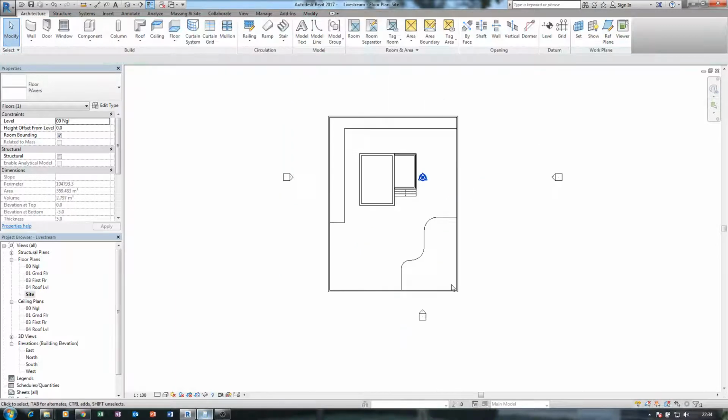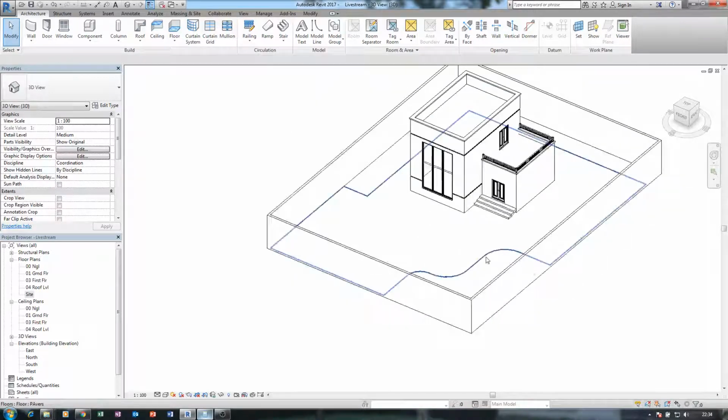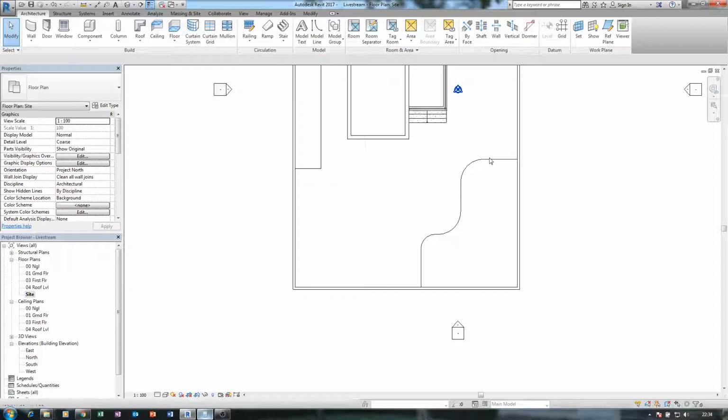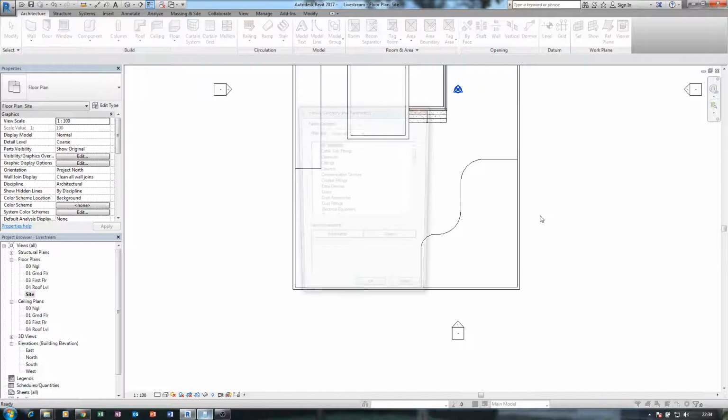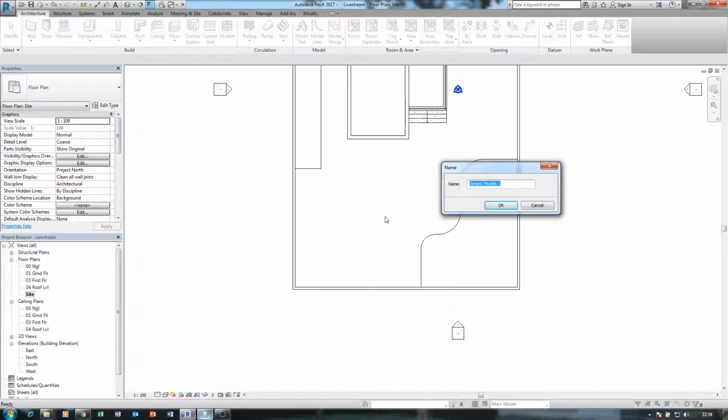Finish. So we have the landscape created. For the curb, okay, so I'm going to create a curb around there. So what I do depends on whatever I think I want to do. Let me go to generic model and call it a curb.